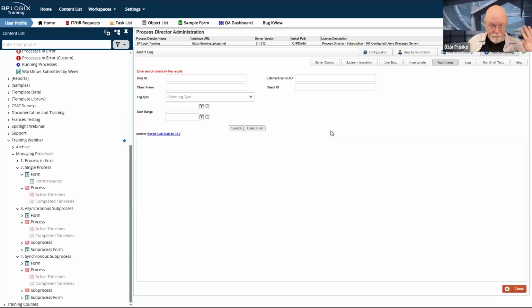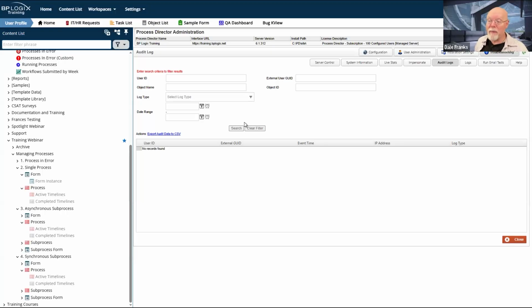However, we do have customers that don't have end dates on their logs, and I was able, in one case, for one customer to go back and determine precisely who changed the permissions on a set of knowledge views and when and how many times they changed permissions, because they have audit logs going back for a full year. So that makes things a lot easier to trace, and it's a lot easier to read the audit logs here whenever you search for stuff than it would be to just look at the text files.